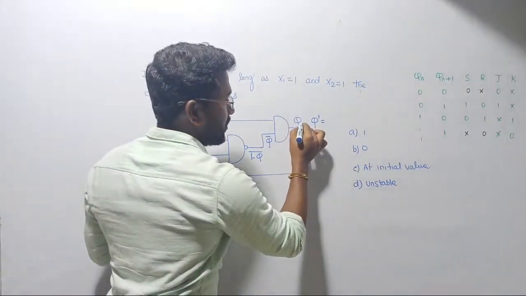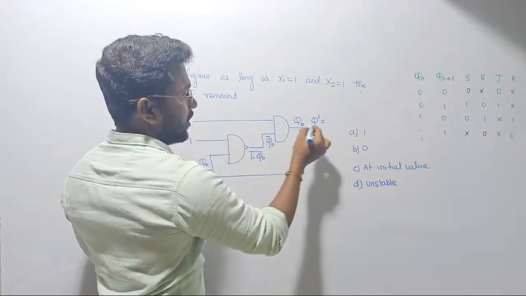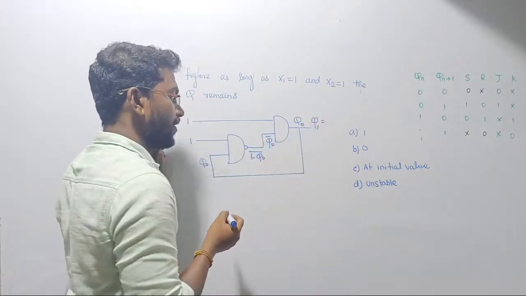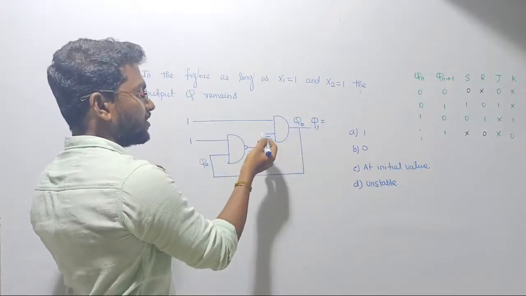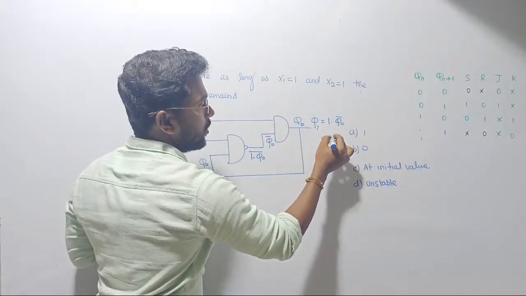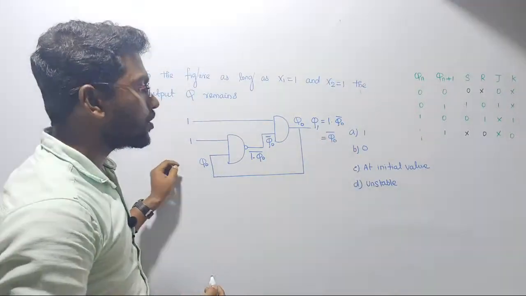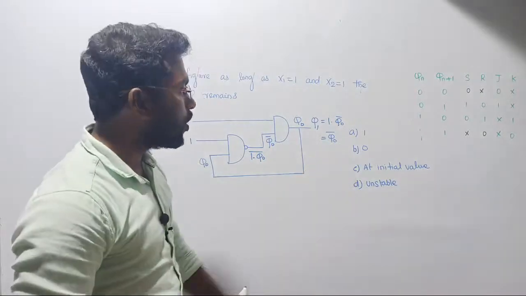Now in the next state, let us consider initially Q naught, such that we treat this one as Q naught. In the next state, let me take this one as Q1. Let's see what will happen. Q naught bar with 1 once again gives 1 dot Q naught bar, such that your output is Q naught bar, the complement of the initial value. I hope you all remember